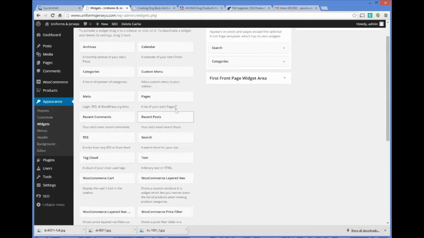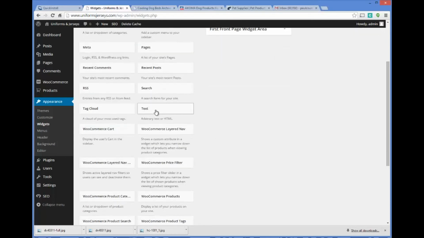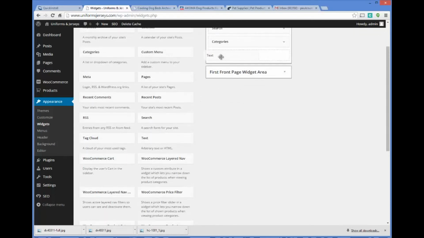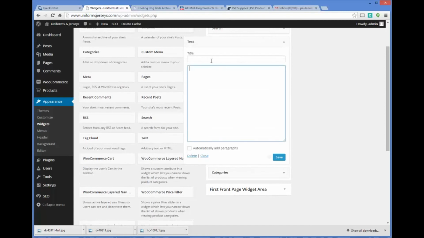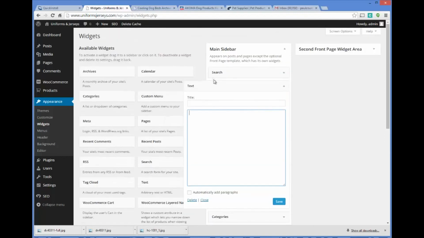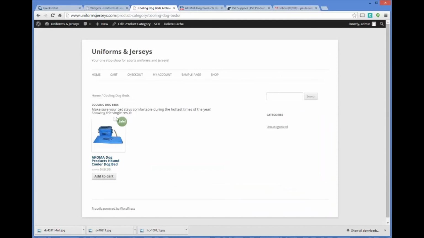If we want to add in additional pictures or images, or like our phone number, you could actually just drag a text-based widget here, and you could copy and paste in your HTML code. I would recommend maybe a newsletter opt-in form here where you're capturing people's names and email. That would do really well in this section. So that's how you add a product, that's how you add categories, and this is how you really get started. So then at this point, it's just a matter of adding more products,